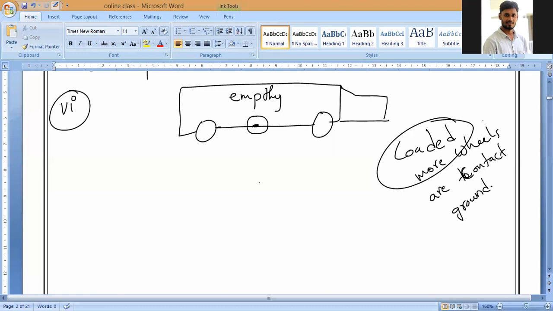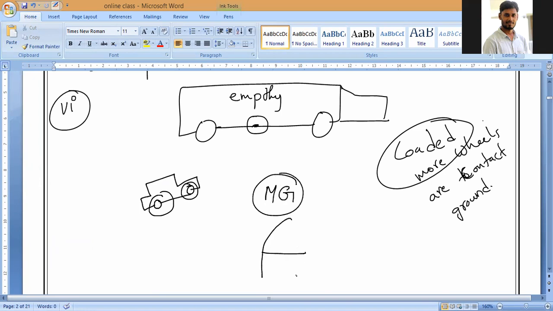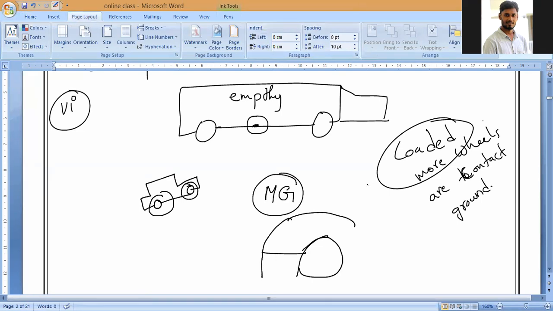Now, you may have noticed this. For example, a Maruti Alto car has very small wheels. Have you seen, guys? Yes, sir. But if you take, for example, Adarshan's car, what is your car? MG, sir. If you look at the tires, the wheel is very big and very wide. Yes or no, guys? Why is it so much wider compared to the Alto? Why can't they keep the same kind of wheels?